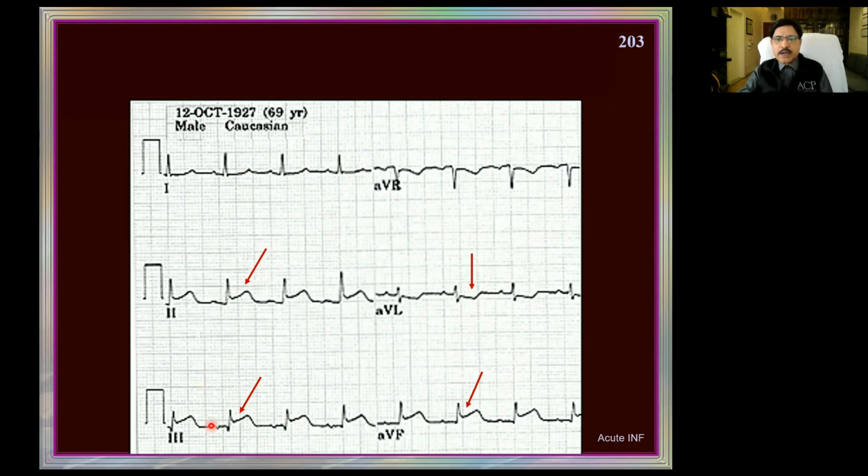Now, this is an acute inferior infarct. Why acute? ST segments are elevated, and T waves have yet to become inverted. Isn't it? ST is pulled up along with the T, and it is elevated in all the inferior leads. Inferior infarct is due to the right coronary artery, also called diaphragmatic infarct, and it presents with epigastric pain, left shoulder pain, right shoulder pain and persistent hiccups, associated with arrhythmias.